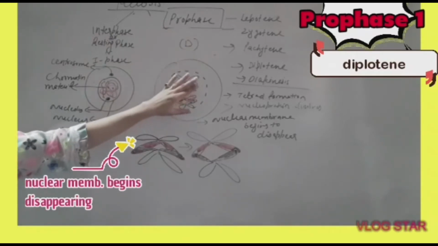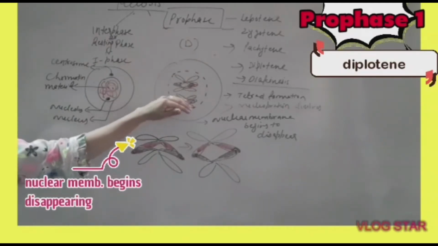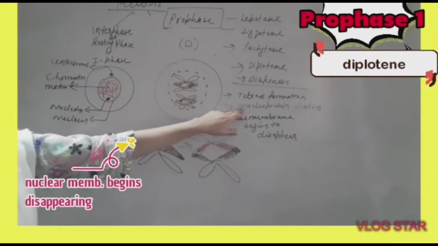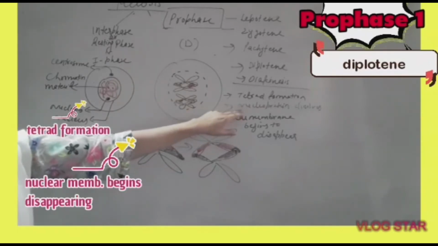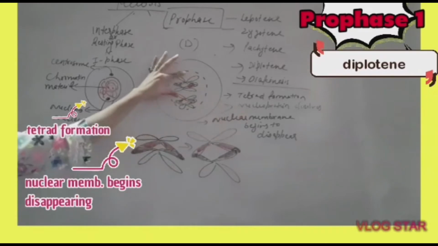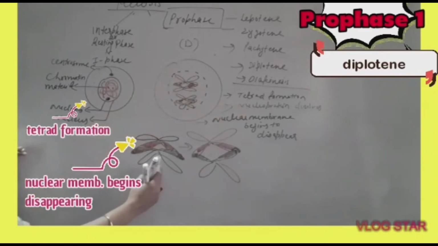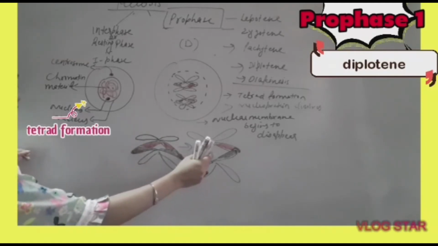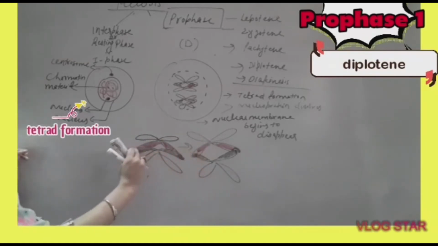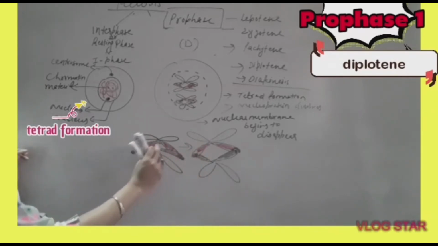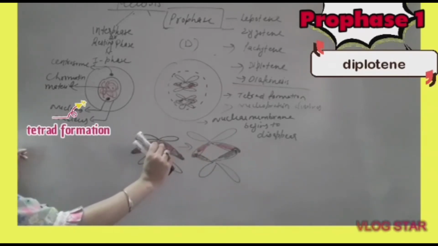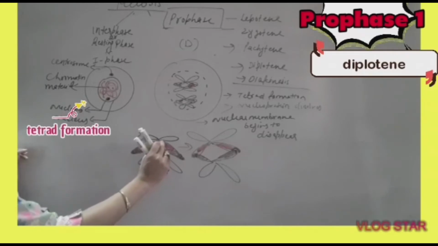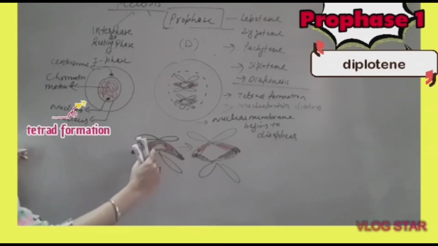What does it mean? It has not disappeared. It begins to disappear, and the nucleoprotein complex dissolves. What is this nucleoprotein complex? This is crossing over, you can see the picture. Difference between this picture and this picture: the number of areas of overlapping is greater than in this picture. This overlapping, this attachment between two chromatids, is because of the nucleoprotein complex found between two chromosomes.